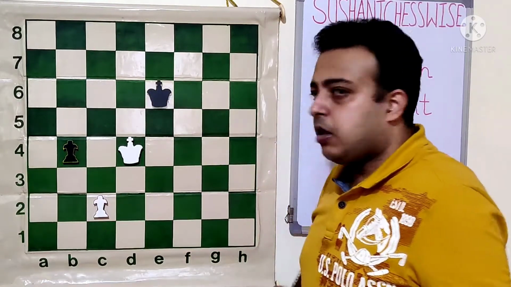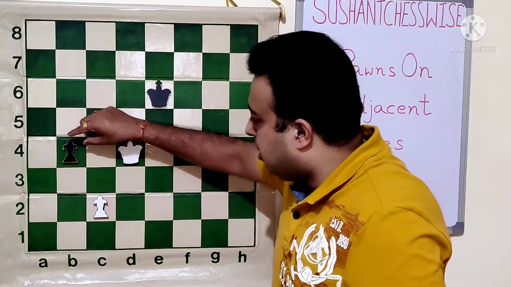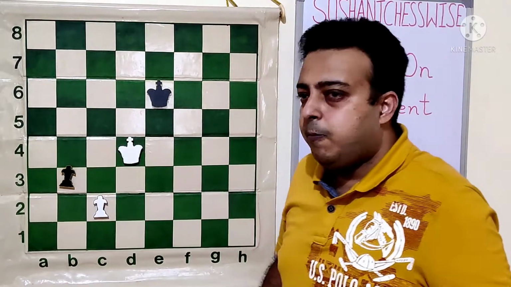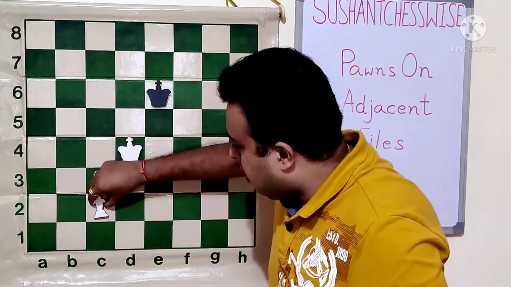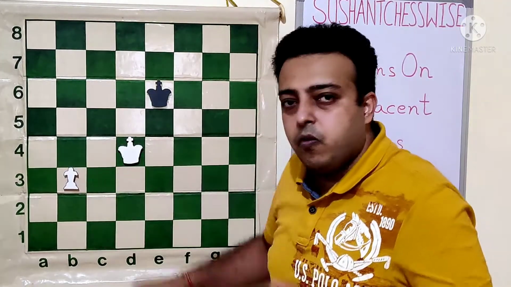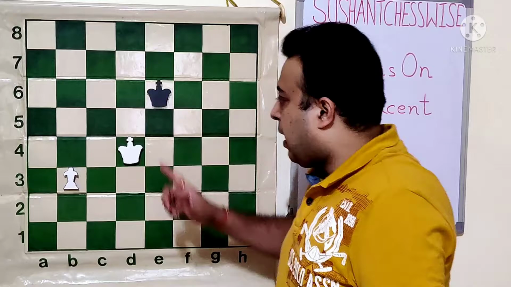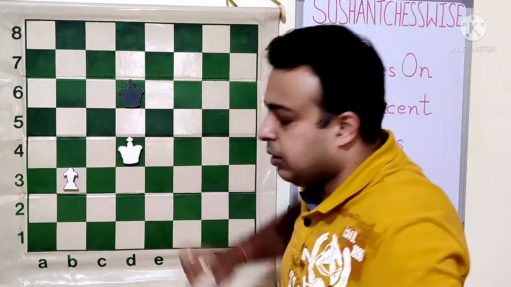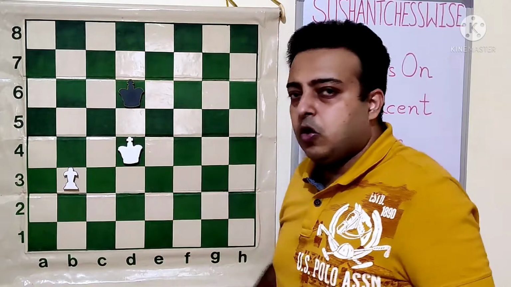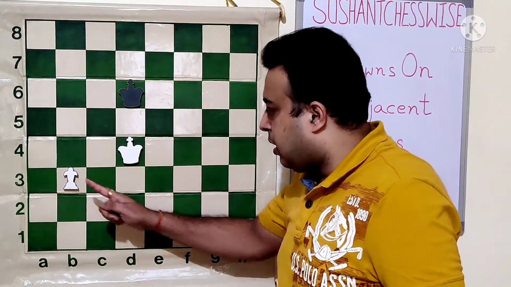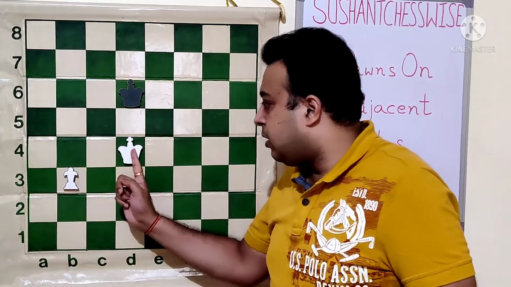But here black has a very nice tactic. He plays the move b3, forcing white to take pawn into pawn, and this pushes the pawn one more rank ahead, and then black takes the opposition. So what happened because of this? Now the white king is not able to keep the opposition. If he pushes the pawn ahead, then the king and pawn will come in the same line.